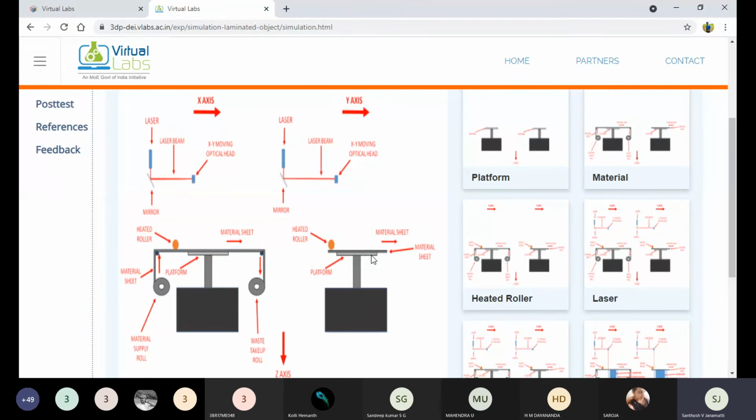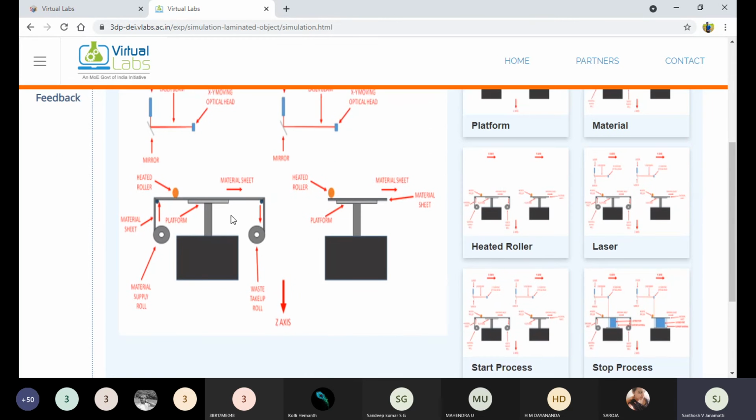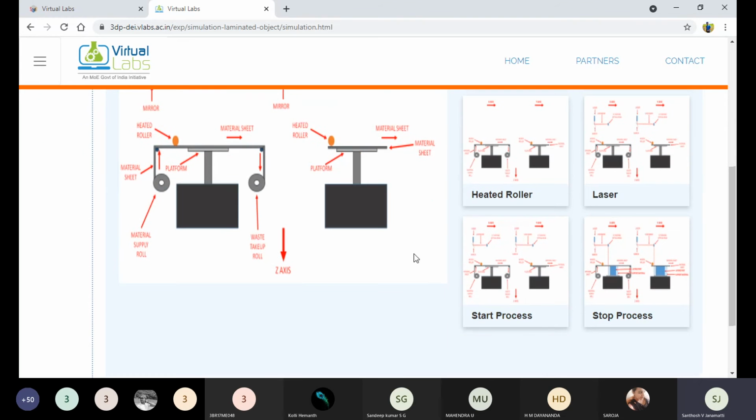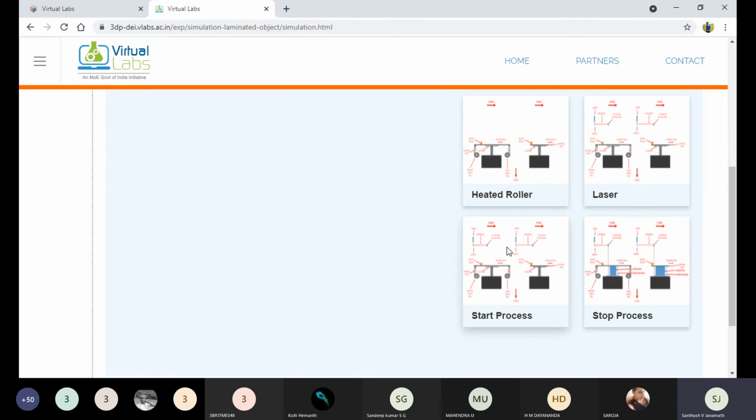Right, so the exposed part only, we want this much, and we also need some designs over the sheet that are made by the laser beam. Right, that gap is filled by the raw material later. So once all the arrangements are done, then you can take the start button. See,